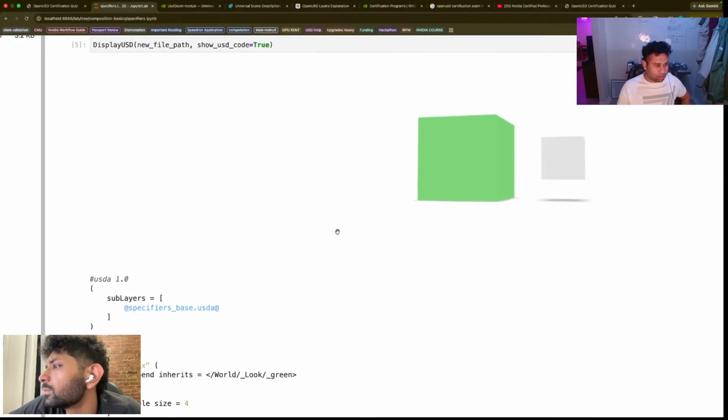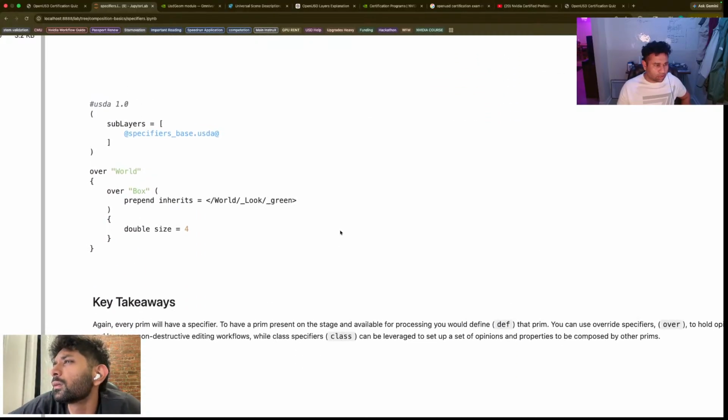Specify base USDA payment inherits world of prim overworld. Wait, overworld was created. Okay, got it. So look at the USDA file that was created, as we can see. So when we did stage.override prim path,